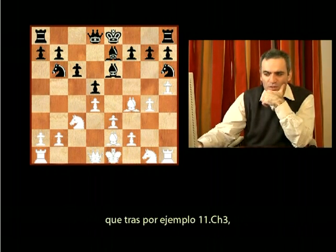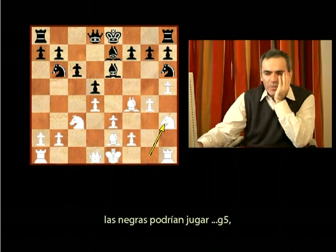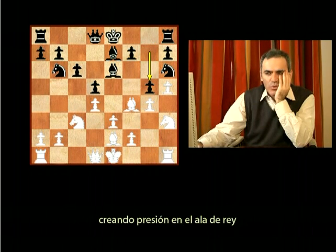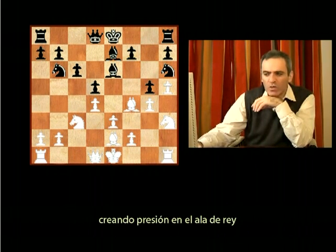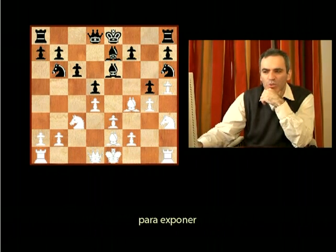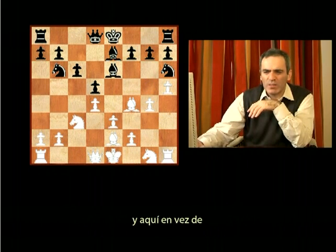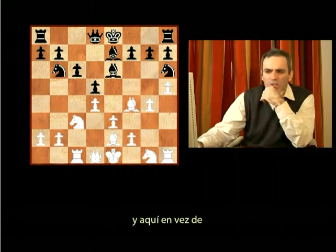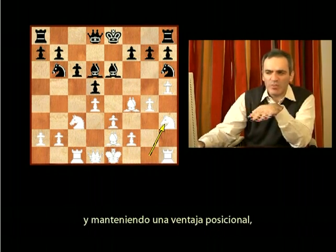happened that after, for instance, knight h3, which is a normal development here, Black could play g5, creating pressure on the king side and using the opportunity to expose White's pawn weaknesses. I played rook c1, and here instead of the passive queen bishop d6, which gave me an edge, because then I could actually play knight h3, developing the pieces and keeping a positional advantage,